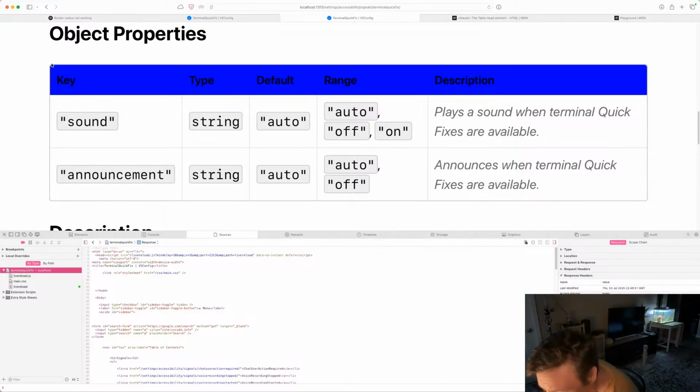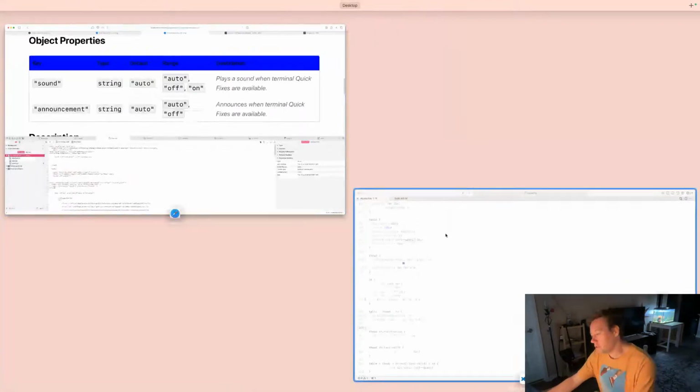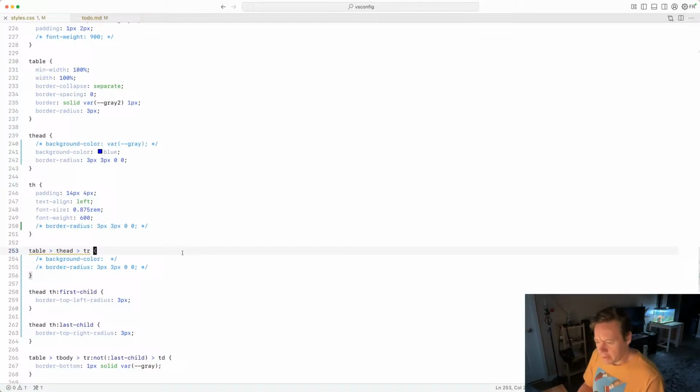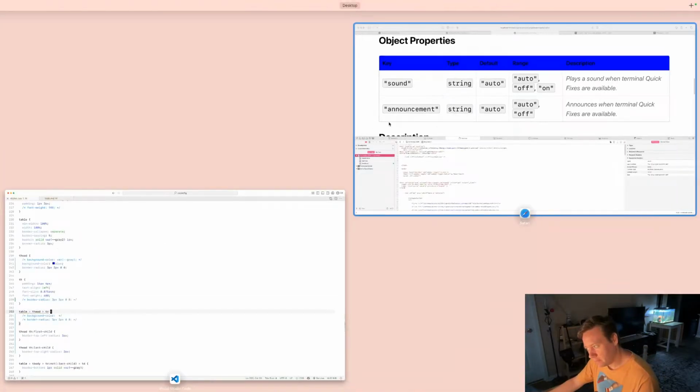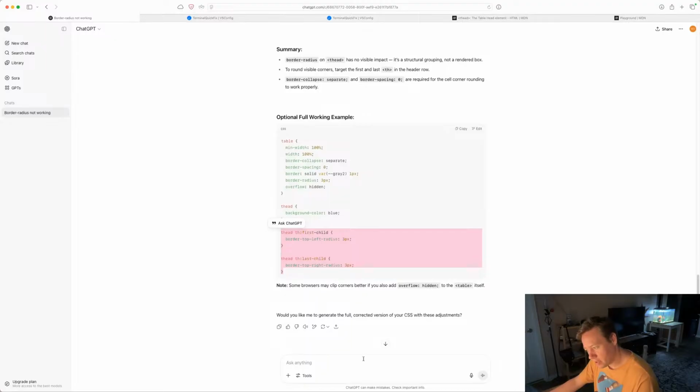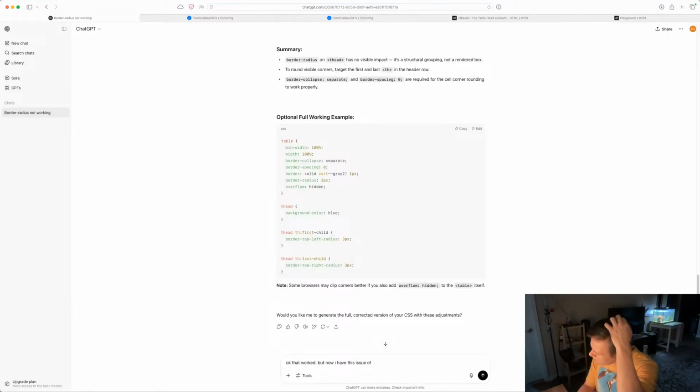Okay, so that did do what I wanted, but the thing is, there's still this gap here. So, see if I can describe this in a way ChatGPT will understand. Say, okay, so that did work. Okay, that worked. But now we got this issue of